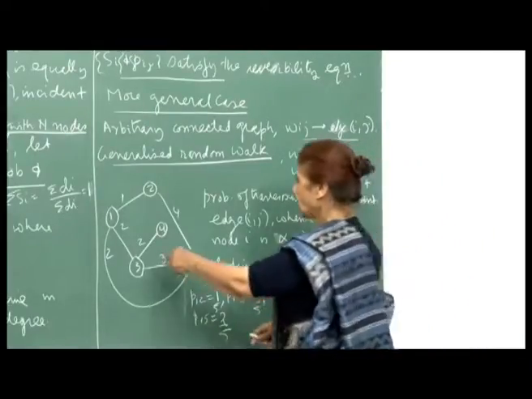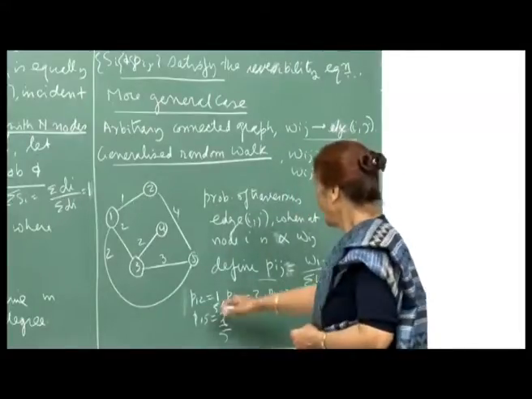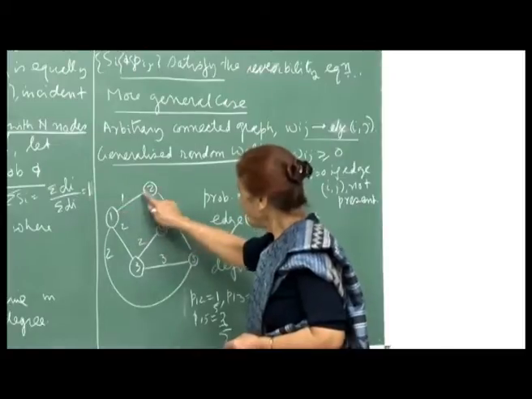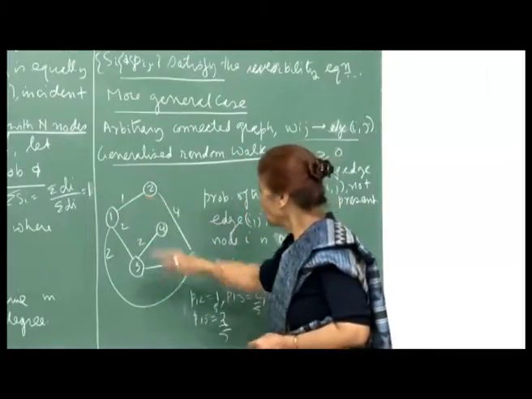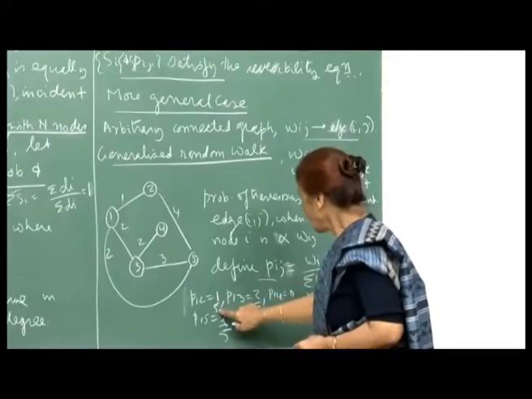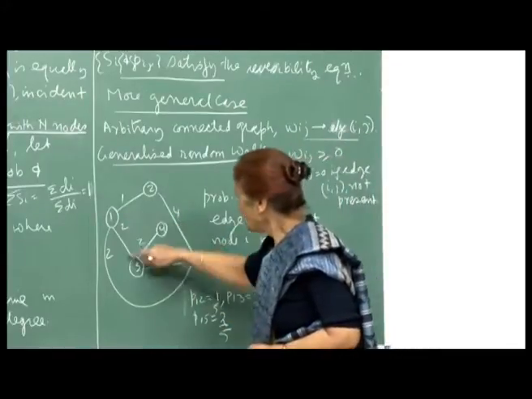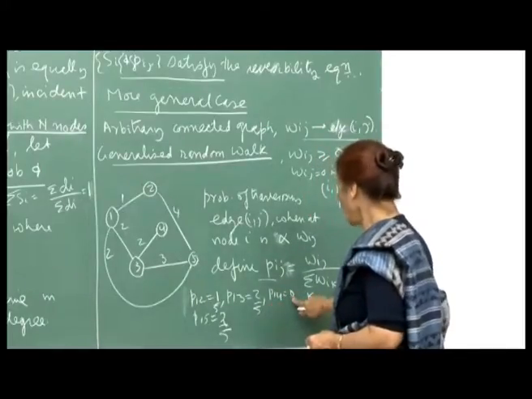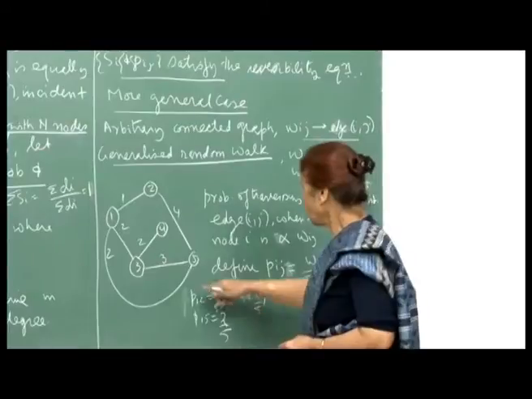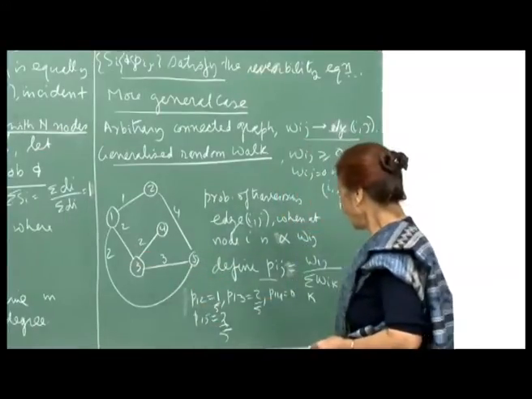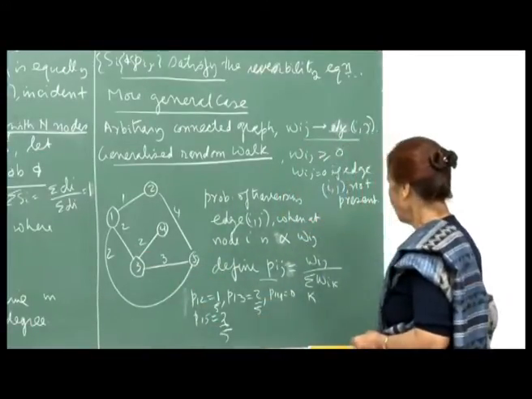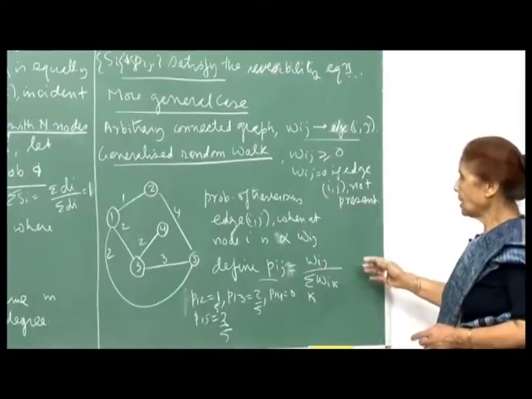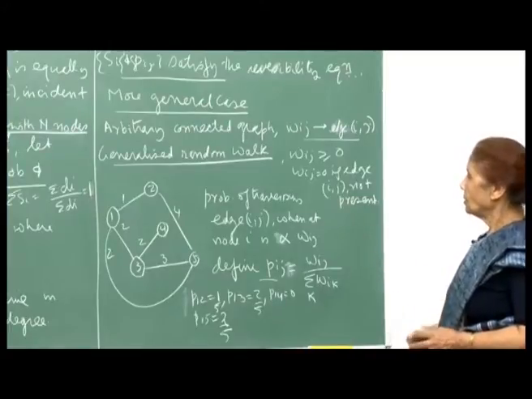So, for example, if you want to look at the probability P12, the total weights here are 5. So, P12 would be the weight of the edge 1 2, which is 1, so 1 divided by 5. Similarly, P13: the weight is 2 here, so 2 by 5, right. Then P14 is 0, right, and for P15 there is an edge, so P15 is 2 by 5. Okay. And now we have to define the state probabilities.